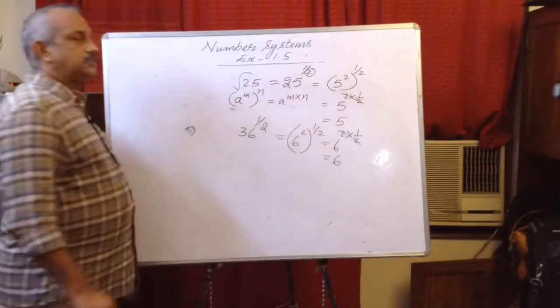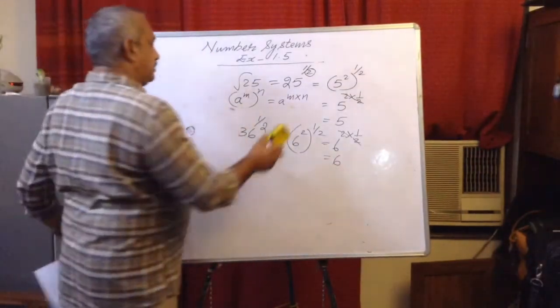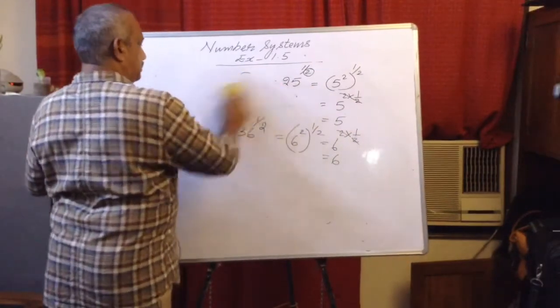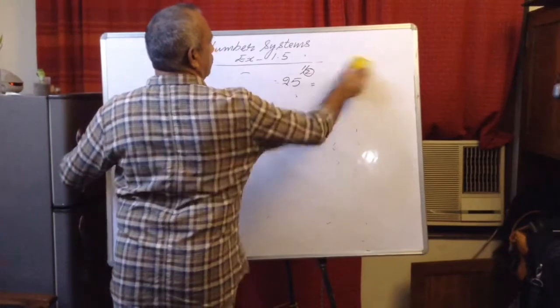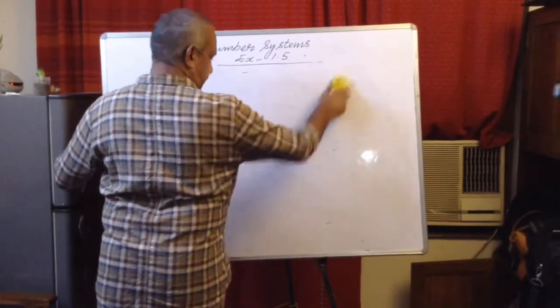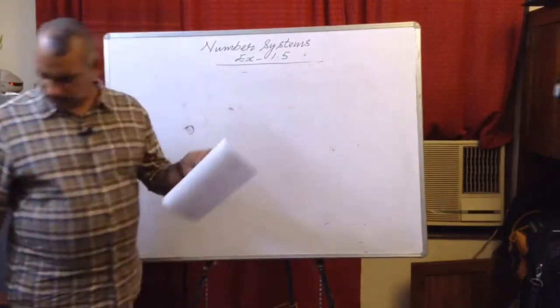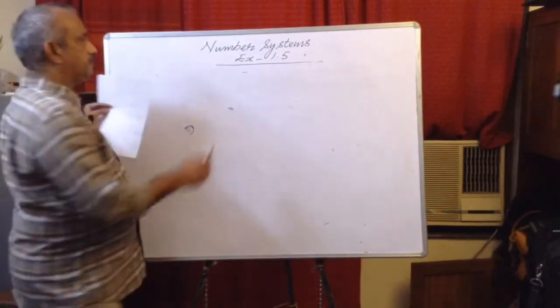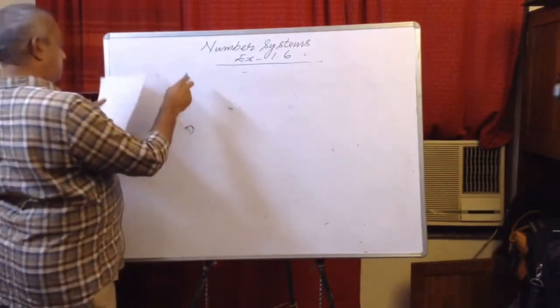So this is the basic law we will be using. We will be writing the given base as an exponent with the same power as the denominator of the given power. We'll do book questions, simple questions only. Say exercise 1.6, question number 1,